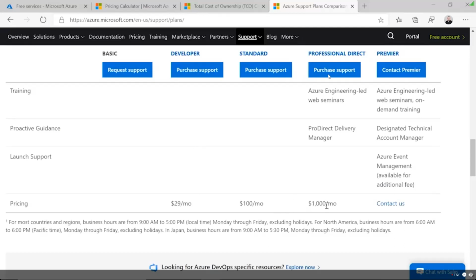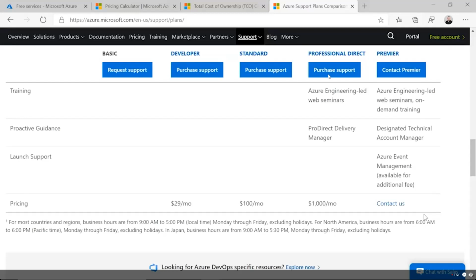Now notice for the Premier, it says contact us. You have to have an enterprise agreement to have a Premier contract. They're fairly expensive, but once again, if your business is relying on Azure, it's great to have Microsoft in your corner if something does go wrong inside the environment. So understand these plans. Folks, just from the exam standpoint, you will be asked about these. Just review this table, understand what's available to you.